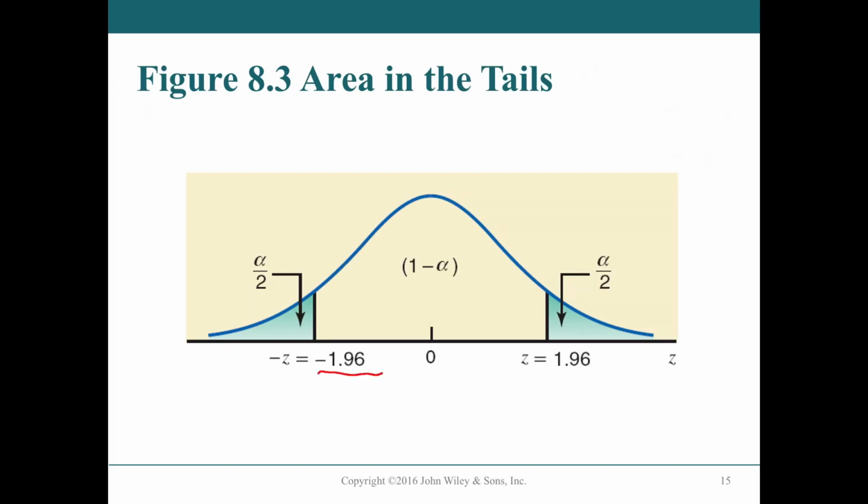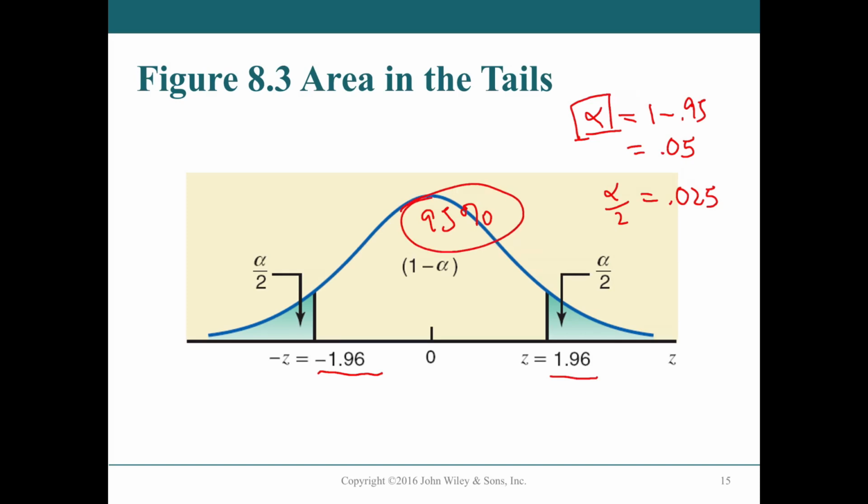So the area in the tails, this is a pretty important one. We have the idea of the 95% giving us very popular values of z, plus and minus 1.96, corresponding with the 95%. This time I'll use percentages, and the alpha over 2. Well, what was alpha? Alpha would be 1 minus 95%, 0.95, which is 0.05. That's kind of like the decimal experience for non-confidence area, the critical region. They like to cut alpha in 2 because almost all of these are two-tailed situations, and so we do have 0.025, 2.5%, I suppose you could say.